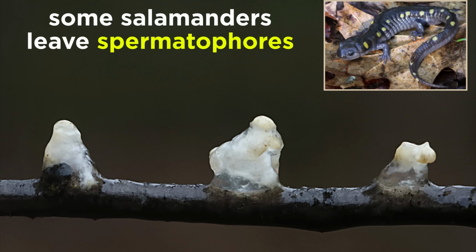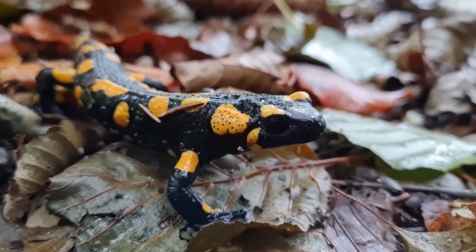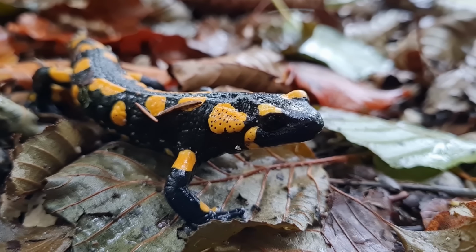Many salamanders of order Chordata also engage in internal fertilization, where the male deposits a spermatophore, which is a small packet of sperm, in the air or underwater. The female then takes up the sperm packet by grasping it with the lips of the cloaca and pushing it into the vent. The female may then carry the fertilized eggs for some time before depositing them in or near